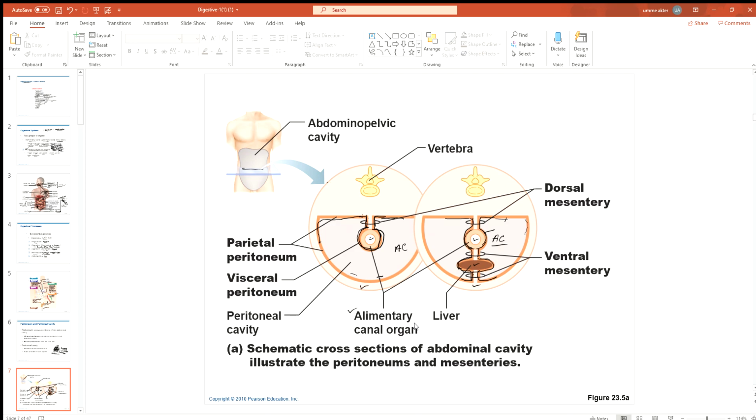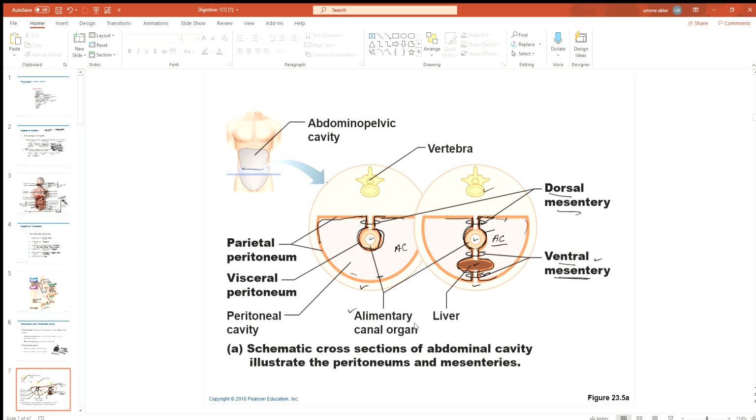Now these folds are called mesentery. Okay, so this is the back. You see the vertebrae, the back of the body. So this is called the dorsal mesentery, which comes from the back, and these are the ventral mesentery, the front. Now the mesentery has a couple of important functions. You can easily understand that because of the mesentery that is coming from the body wall, the organs are tied to the body wall, and